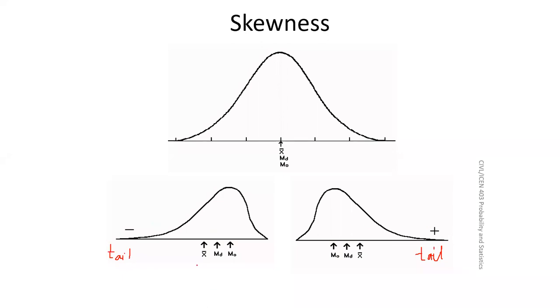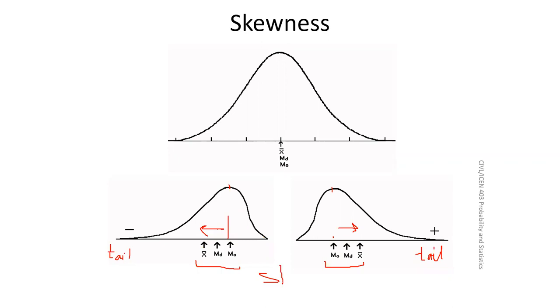So what happens, here mean is on the left and median is on the right. Here median is on the left and mode is on the right, so they are not equal. You see, mean, median, mode are not equal. Mode is the one with the highest frequency. So median and mean go towards the tail, but mean goes towards the tail faster than the median. Median is between them.